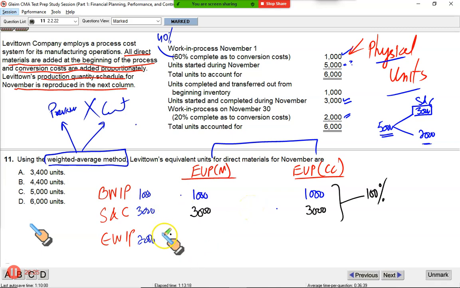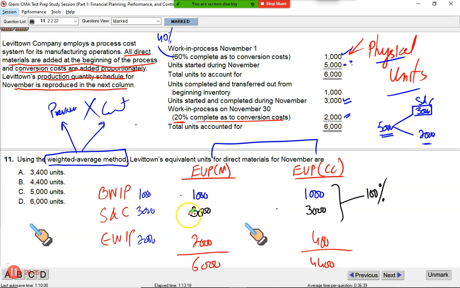And then under ending work in process, the idea is the same as we did in the previous FIFO method. These 2000 units were started during the period, so we would have added the full material during the current period. But for these 2000 units, we just added 20% conversion cost during the period, which means 20% of 2000, 400. Now, if someone asks you the equivalent units of production of material under the weighted average: 1, 3, 4, 6, 6000. This is the first step. And the equivalent units of production of conversion cost: 1 plus 2, 3, 3 plus 4, 4400.